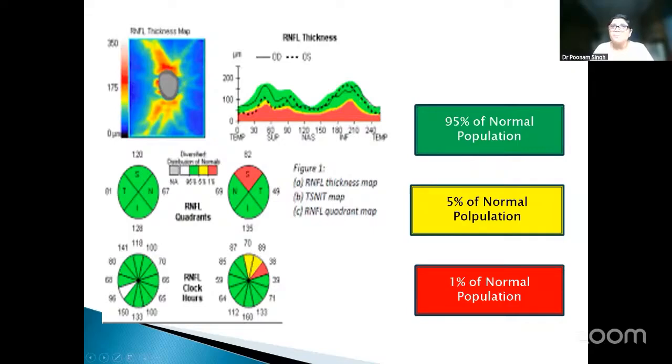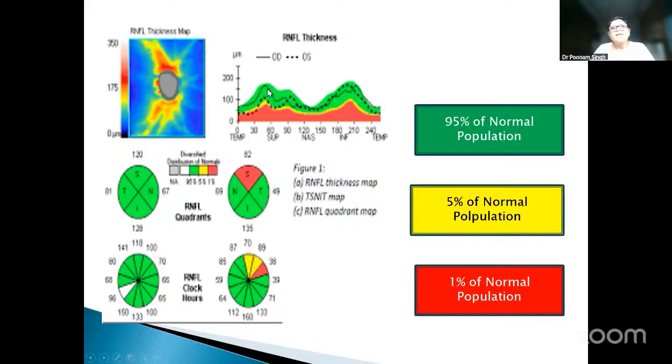We are actually comparing the whole data with the normative data. So yellow is seen in 5% of the population, and red is seen in only 1% of the normal population. So red is dangerous. When we come to the TISNET map, this is a map which shows the thickness of